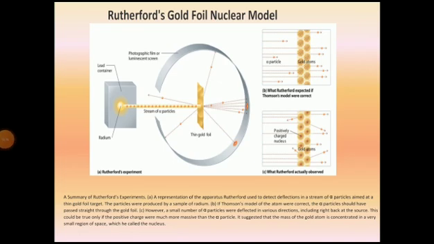So students, we'll discuss Rutherford's gold foil nuclear model in our next class, and we will try to understand through this experiment what observations we got, what Rutherford concluded from this experiment, and what the drawbacks of Rutherford's model are. Fine. So whatever we learned today, try to understand the chemistry. That's it.